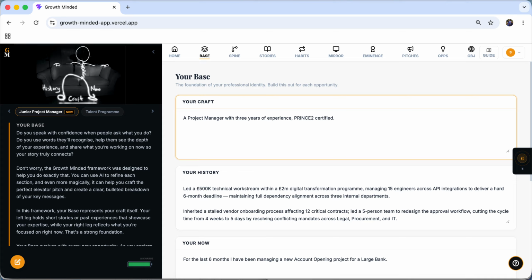Now, let me explain why the base is so important, because quite often when you're asked to introduce yourself to somebody, or people used to come to me and ask for roles on my account team or on a project, I'd ask them, what is it you do? So what is the ground you walk on? And they would often reply back with, I'm good with people. I'm sort of good at facilitating workshops.